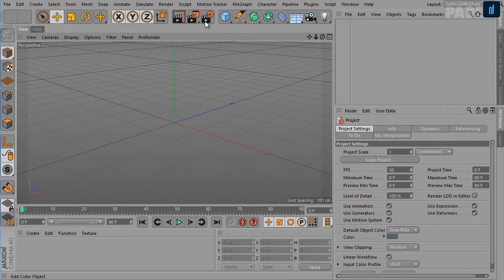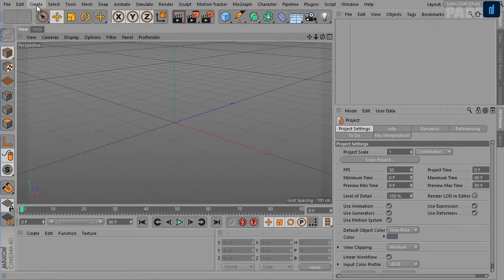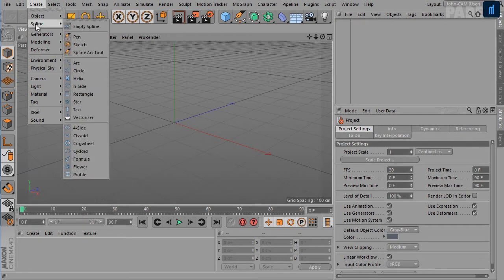So let me close this file. To access these primitives, you have to go to the generator group here, the spline group here, and then we have this pop-up in which in the first column we have the spline creation tools, then we have these spline primitives, and on the right we have options for Boolean operations. Okay, you can also access these primitives from the Create Spline submenu. Here the entries are the same as what we have seen here.